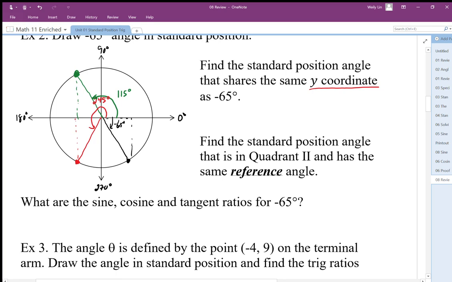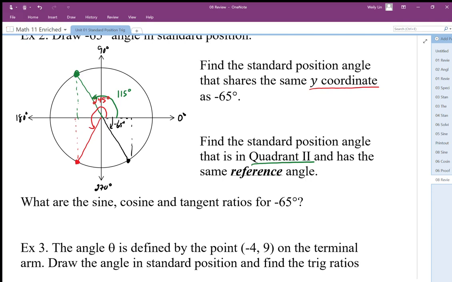And then what are the sine, cos, and tangent ratios for negative 65 degrees? Well, since negative 65 degrees is not a special angle, we can just use our calculators to generate those values. Okay, so going to my calculator here. Sorry, I don't have my calculator handy, but okay, so going to my calculator